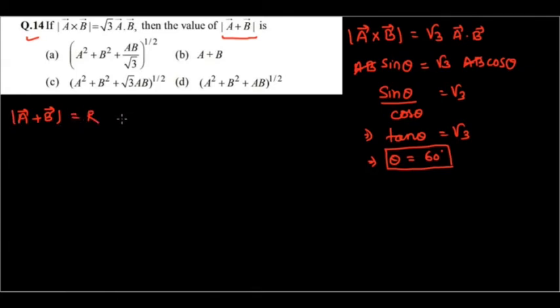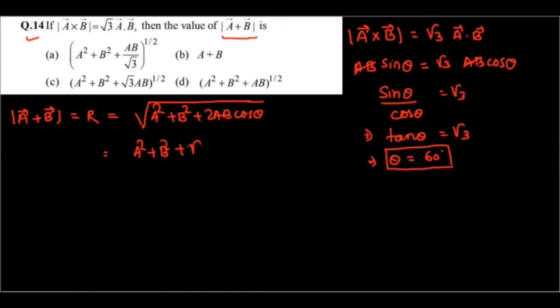R means the magnitude of the resultant vector, that is equal to square root of A square plus B square plus 2AB cos theta, okay, 2AB cos 60, because theta is equal to 60 degree, and square root means the power is half, so I can write the whole to the power half, that is equal to A square plus B square plus 2AB, and cos